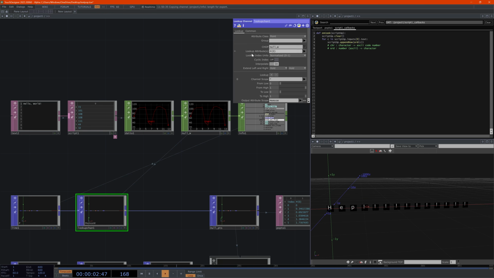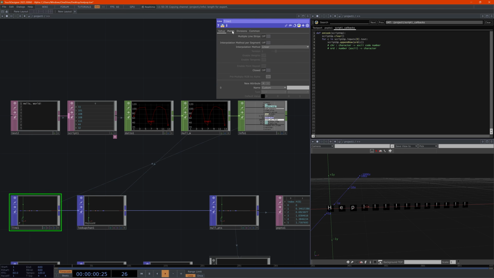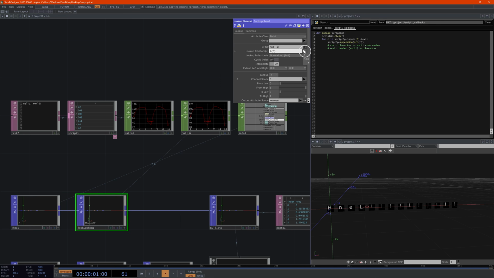And the reason is because this lookup attribute, which says which attribute of this data should we use to look up in this chop. At the moment it's using X position. We don't want to use X position. What that means is if I change the length of this thing, the characters are going to change because it's using the X position, the world X position, as a lookup index inside this chop. No, we want to use the number, so that should be 0, that should be 1, that should be 2,